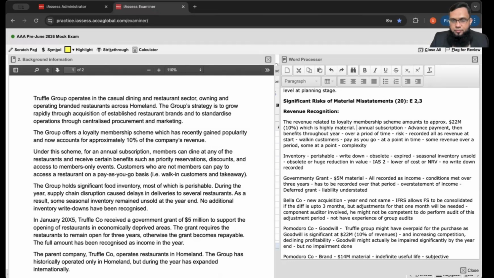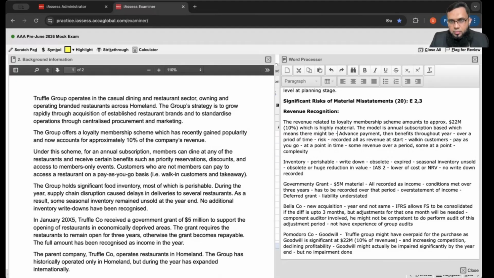Then we will say that the model is annual subscription based, which means there might be advance payment, and then the customers get benefits throughout the year. This means the revenue might have to be recognized